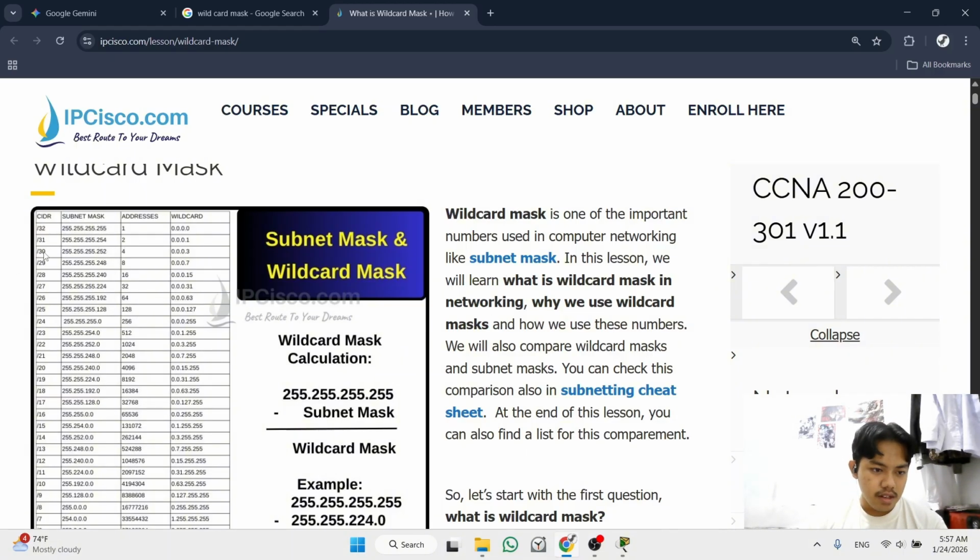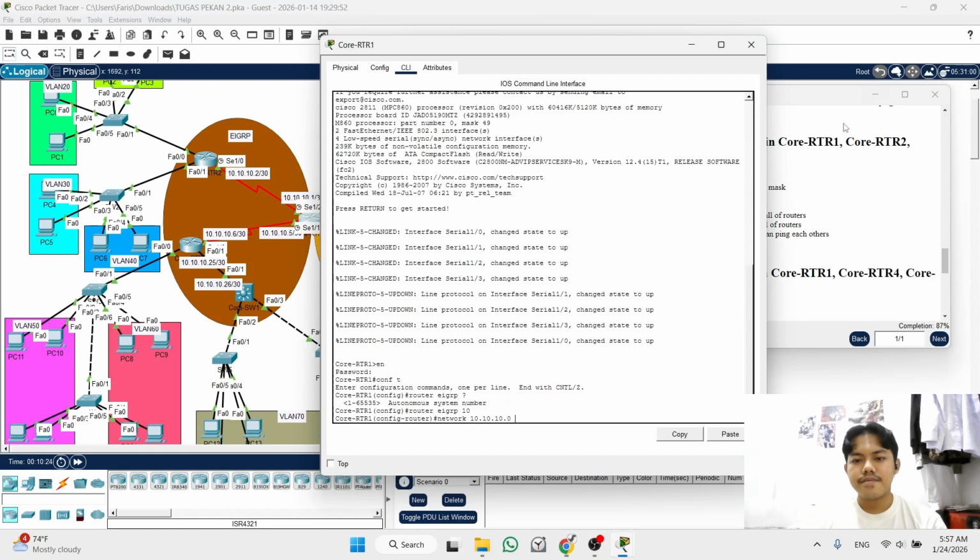You see this 30, and then the wildcard from prefix 30 is 0.0.0.3. So you will write this wildcard, 0.0.0.3. After the wildcard mask, we write the area.